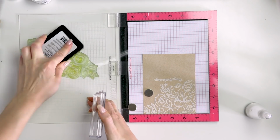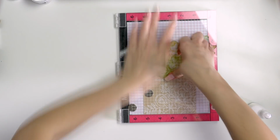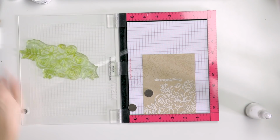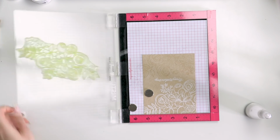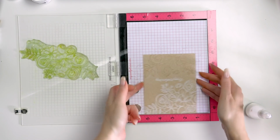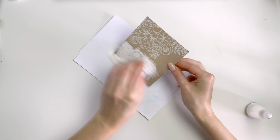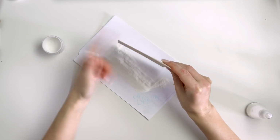While I was explaining my reasoning, I've already stamped the images on this paper. I covered them with Hero Arts Detail White Embossing Powder. Next, I'm stamping the same floral cluster again, but on the other side of the panel. I want to have flowers covering most of the front panel of my card, leaving a small gap to house the sentiment. The top image was stamped in the corner, so I still have a big gap on the right-hand